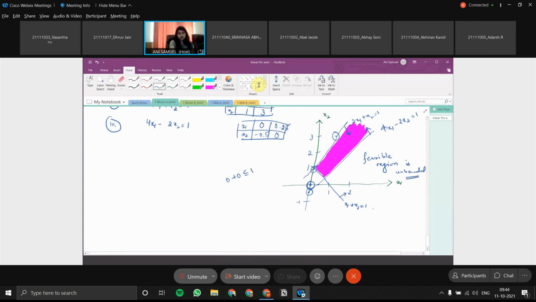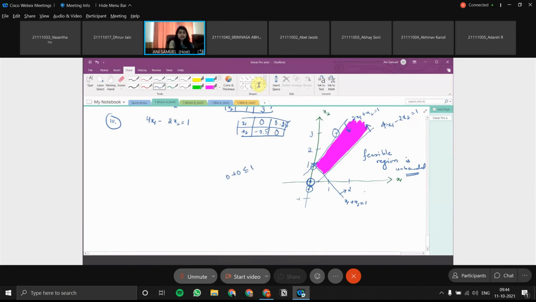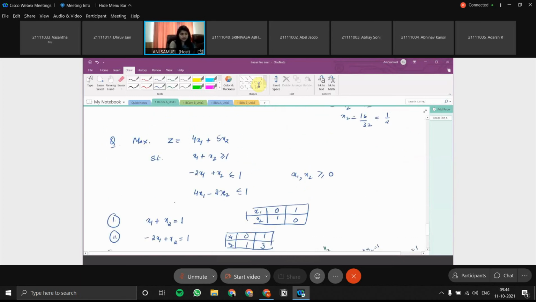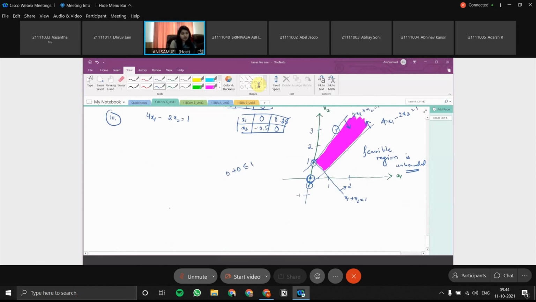Okay, in such situations, I hope you people are listening, what you do is you take any two random values for z. z is your objective function, 4x1 plus 5x2. So when you have an unbounded region, you take two random values. Let me take z equal to 2 and z equal to 6. Any value you can take. Now tell me, if I am taking 4x1 plus 5x2 is equal to 6